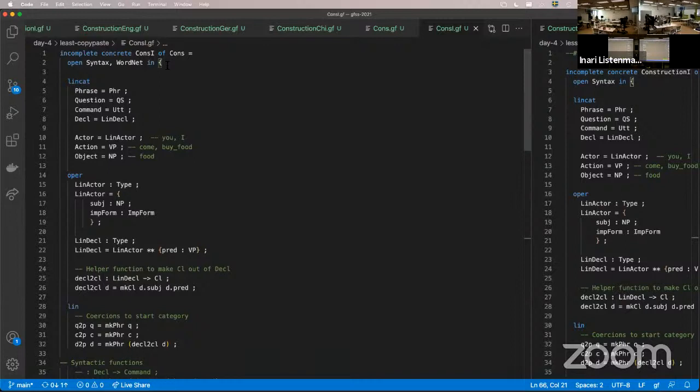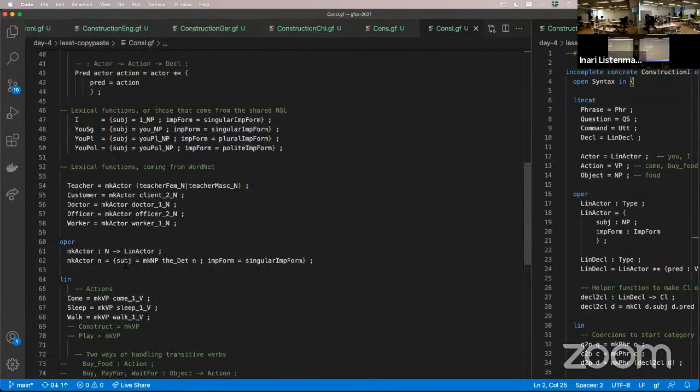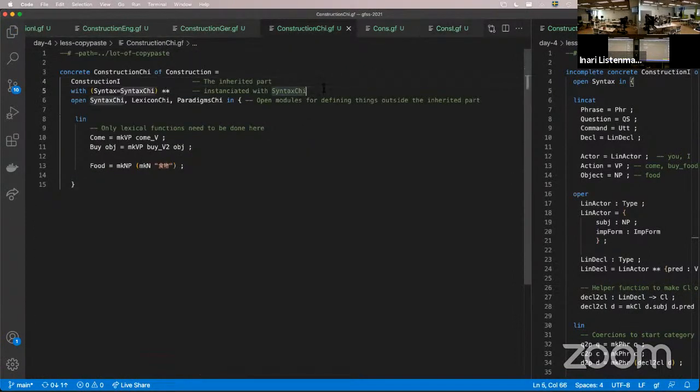So many people don't even need to import WordNet there. We can also do lexicon. It comes from just the GF lexicon, RGL, and we might as well just say this because that's where it comes from, and then we just put